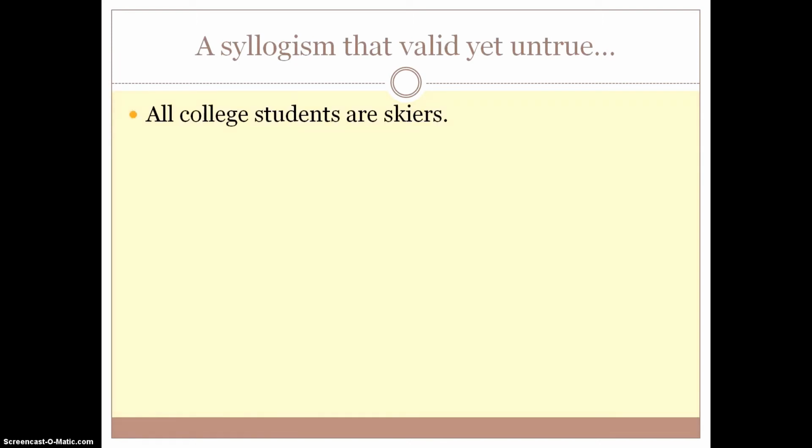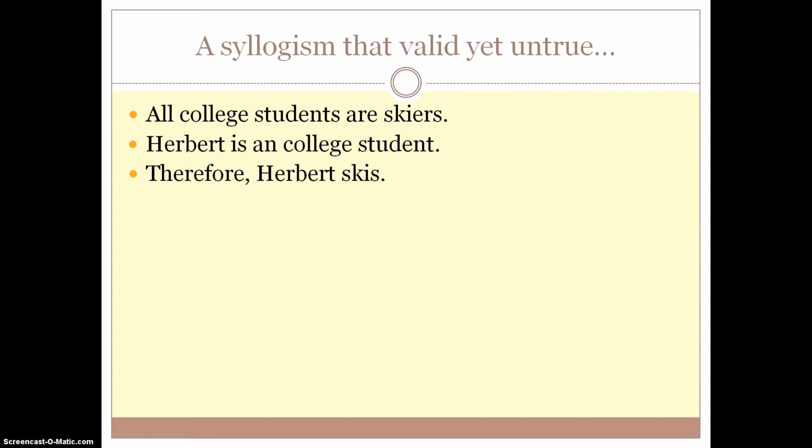So here's an example of a syllogism that is valid yet untrue. All college students are skiers, so here's my major premise. Herbert is a college student, all right, my minor premise. Therefore, Herbert skis. Now that was, according to the laws of thought, according to logic, the expected conclusion